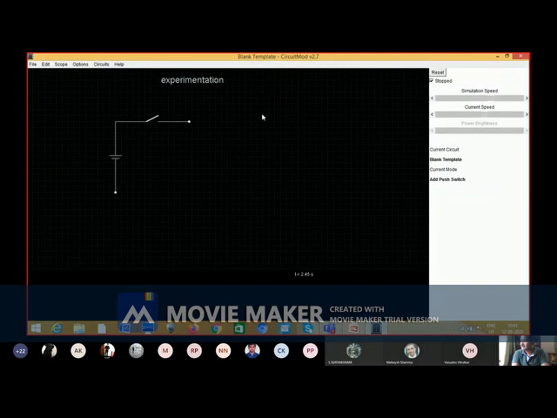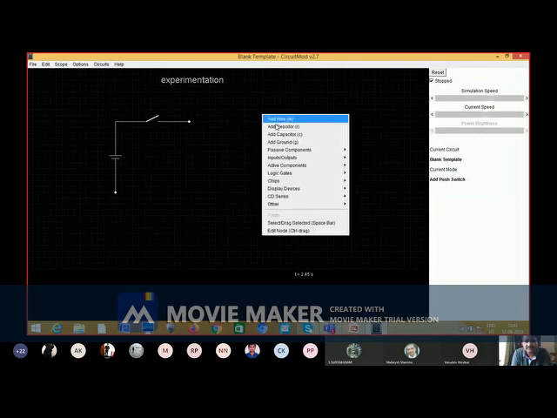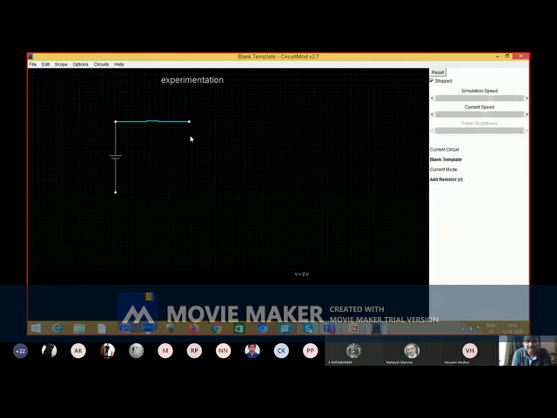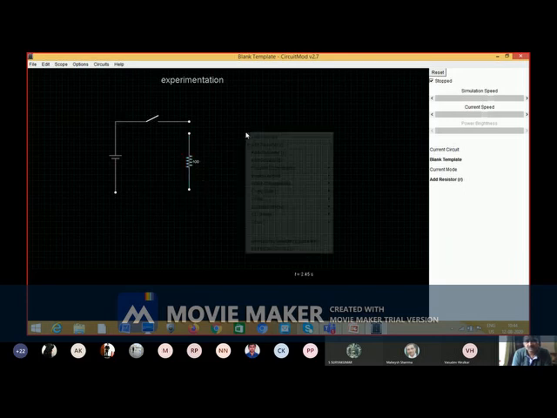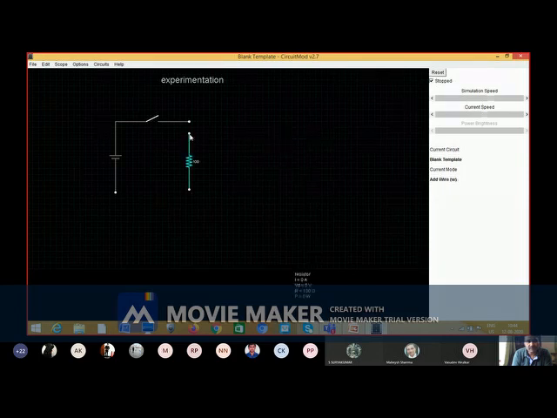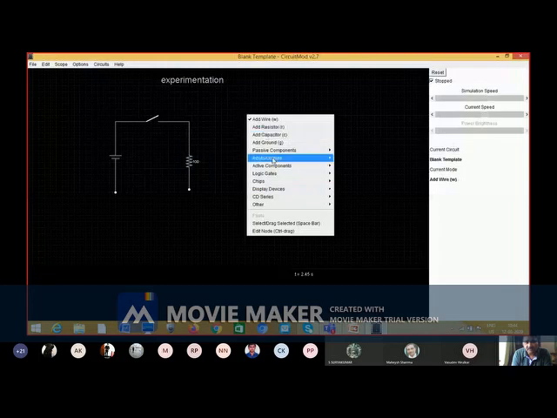Then I will connect one resistor. And I will connect one wire to this and I will take an LED for output.